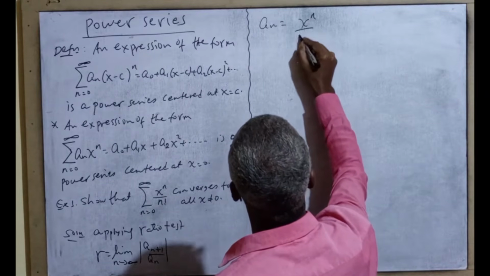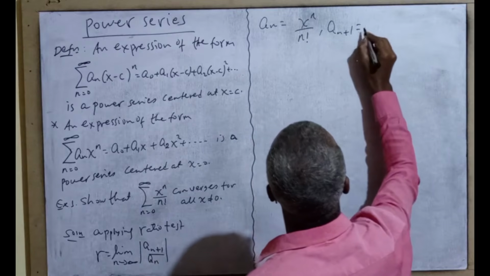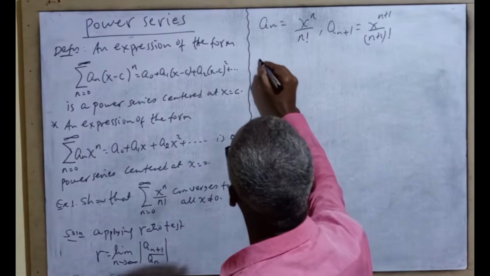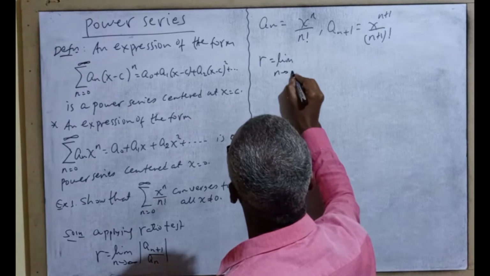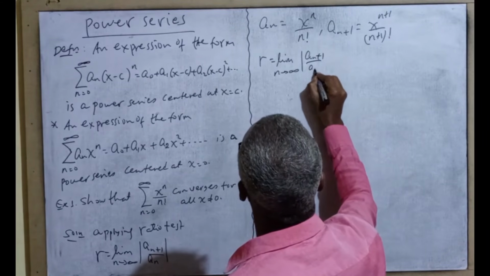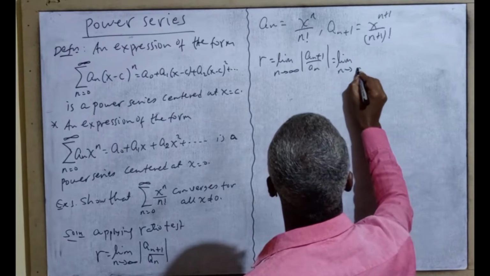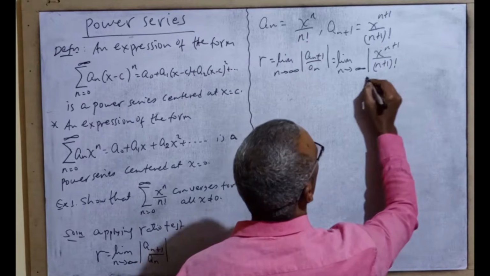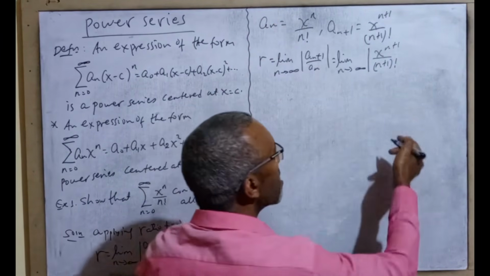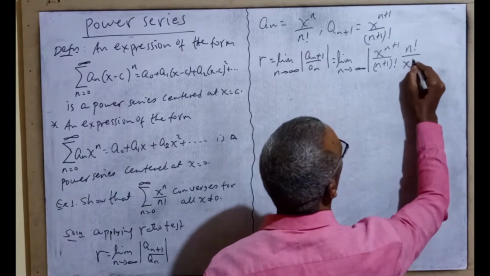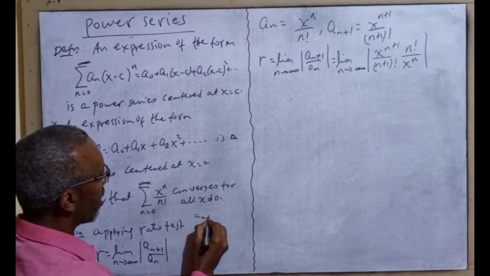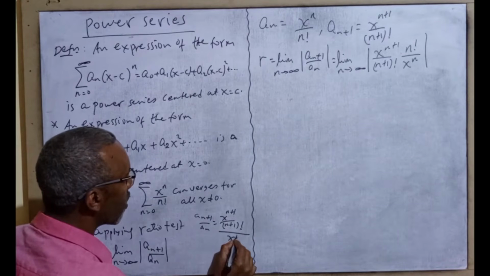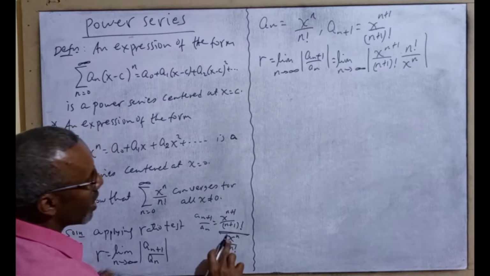ስለዚህ an የምንለው in this case an የምንለው ማን ነው x raised to n over n factorial ነው። an plus 1 የምንለው ምን ማለት ነው x raised to n plus 1 over n plus 1 factorial ማለት ነው። ስለዚህ እዚሁ ሰብስቲዩት ብናደርግ r is equal to limit as n approaches to infinity of an plus 1 over an ነው is equal to limit as n approaches to infinity of an plus 1 ማለት x raised to n plus 1 over n plus 1 factorial ነው divided by x raised to n over n factorial ማለት ስለሚገለበት n factorial over x raised to n ይሆናል ማለት ነው because an plus 1 over an ነው n plus 1 ምንለው x raised to n plus 1 over n plus 1 factorial ነው over x raised to n over n factorial ማለት ነው